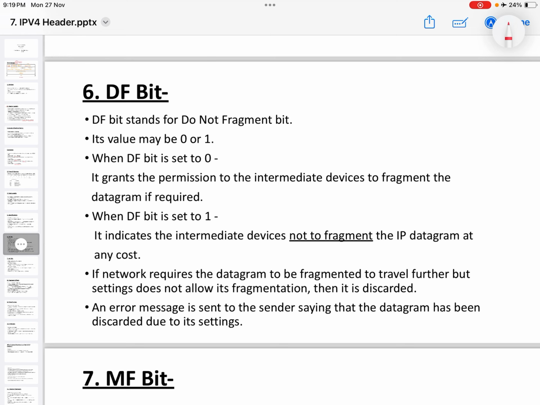Then you have the DF bit. DF bit stands for do not fragment bit. Its value may be 0 or 1. When the DF bit is set to 0, it gives permission to the intermediate devices to fragment the datagram if required. When the DF bit is set to 1, it indicates the intermediate devices not to fragment the IP